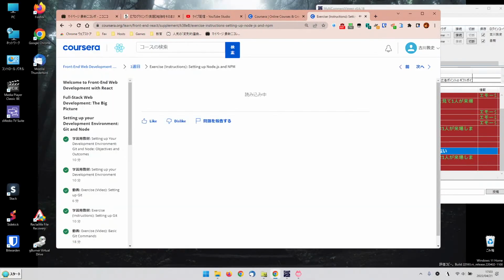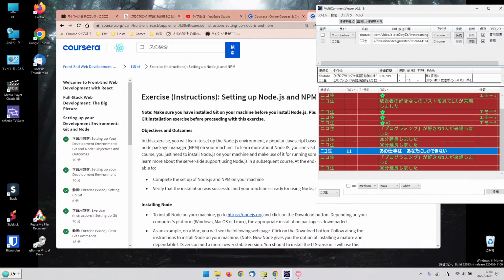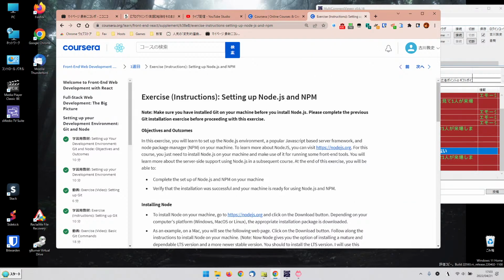Exercise instructions: setting up Node.js and NPM. Node.js と NPM の開発環境で作ろうと。Make sure you have installed Git on your machine before you install it. Let's complete the previous system 作った。Project and outcomes。どんなことをするか。